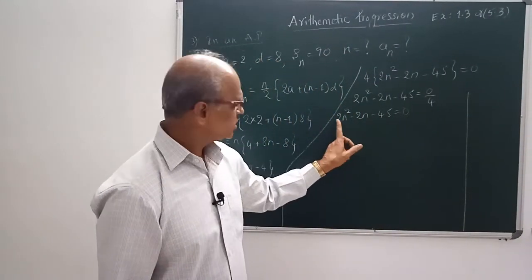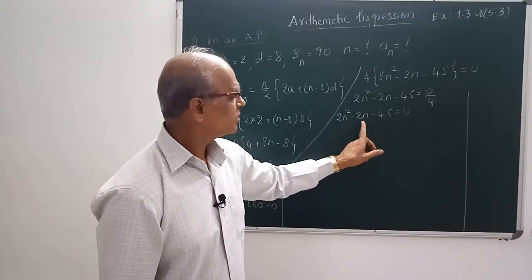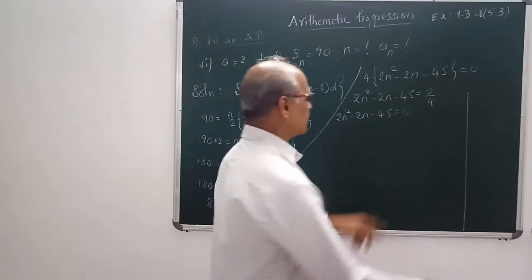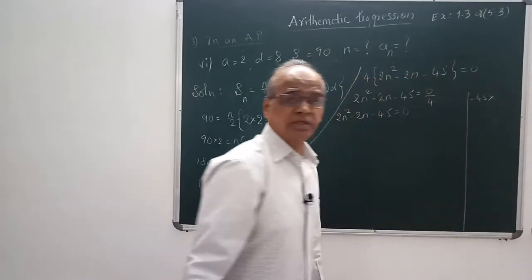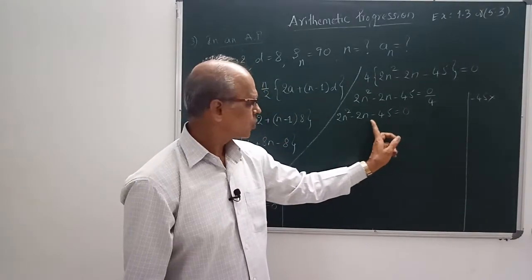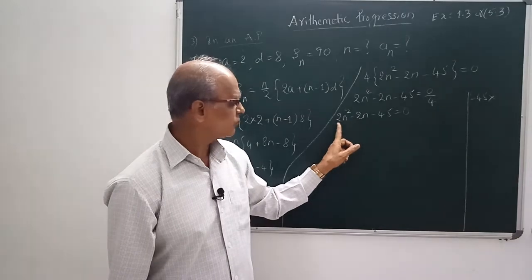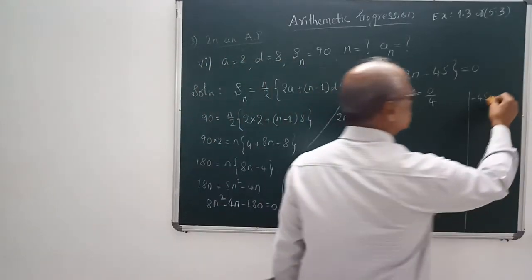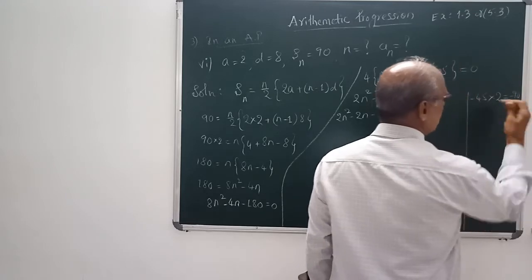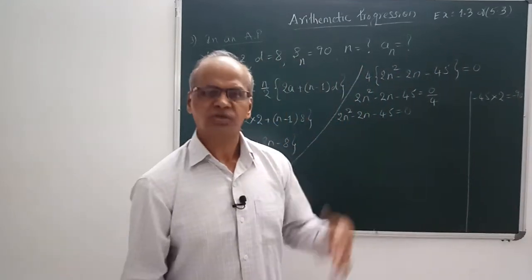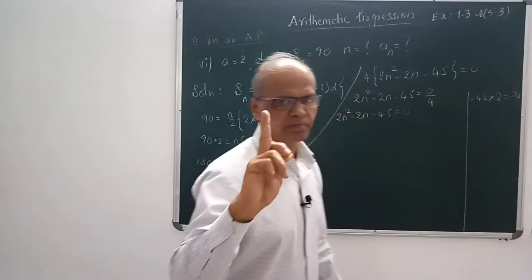45 into 2, this is the coefficient of the first term and this is the constant, we say, and this is the middle term, right? So minus 45, with the sign you have to take always. This is the rule for factorization. Constant with the sign, that is minus 45, into 2, that is the coefficient of the first term. You know already, this is minus 90. So we have to find what are the possible factors of 90. 45 into 2 is one possibility.